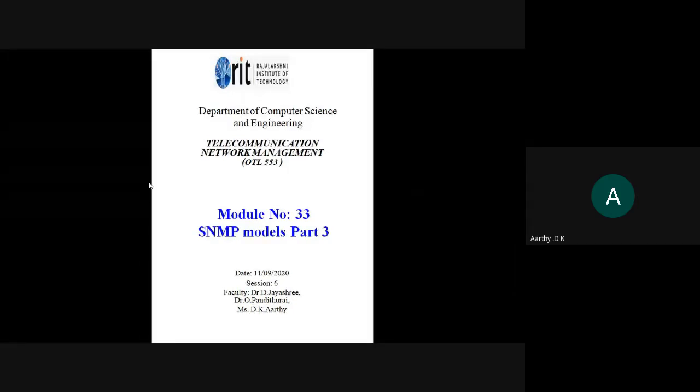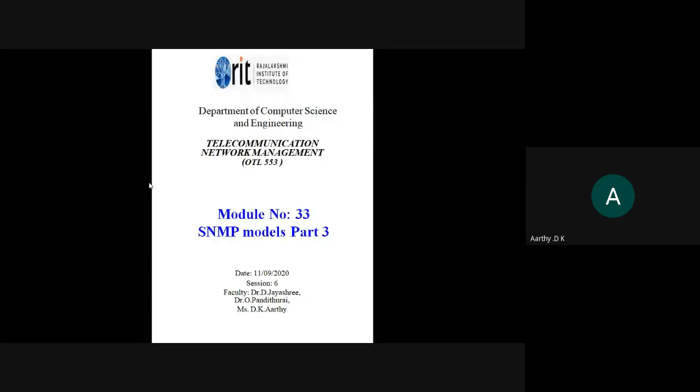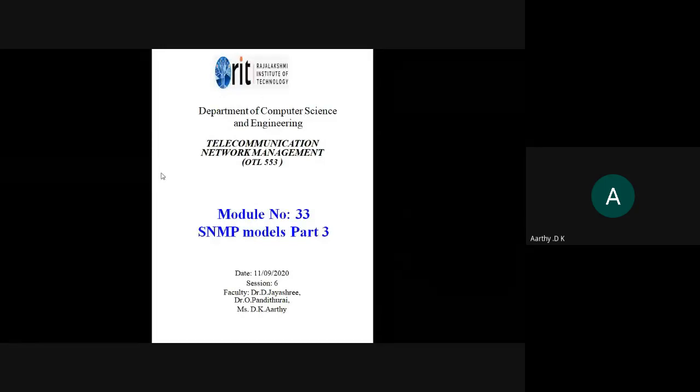What we will see today is how they are written. As I told you, you have to write the syntax for every object that you have. Every object, in the sense all the devices and all the components that you have in your network, will have to follow the naming rule. That is, you should have a descriptor and an object identifier. Then you will have to follow the syntax, and you will have an object identifier which is unique for all the objects. So last class I was telling you about the macros, right?